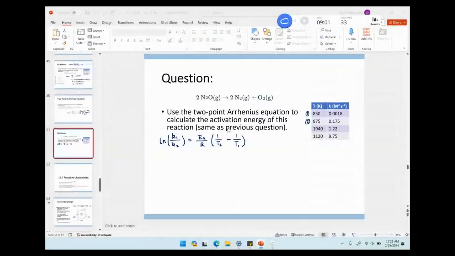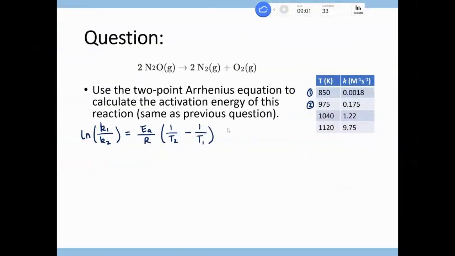right? All right, let's put in these values and calculate the activation energy here. At this point, we are simply plugging in values and simplifying the equation. So using the first row as experiment 1, second row as experiment 2, or temperature 1, temperature 2, and rate 1, rate 2, we'll have the natural log of rate for T1, which is 0.0018 per molar per second, divided by that second rate,